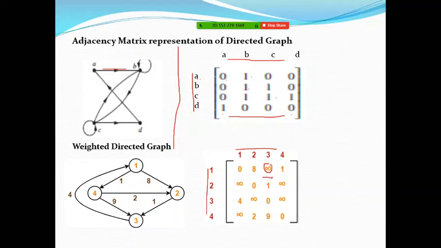We may enter 0, or we may enter just a hyphen here, but since we are going to apply these weighted graphs in another calculation, there an undefined weight, or an absent direct edge, is shown by infinity. So we keep the same notation: infinity, infinity. Remember, we differentiate 0 from infinity. 0 we use for self loops, and infinity we use for direct paths. If a path is not present, then we use this infinity.